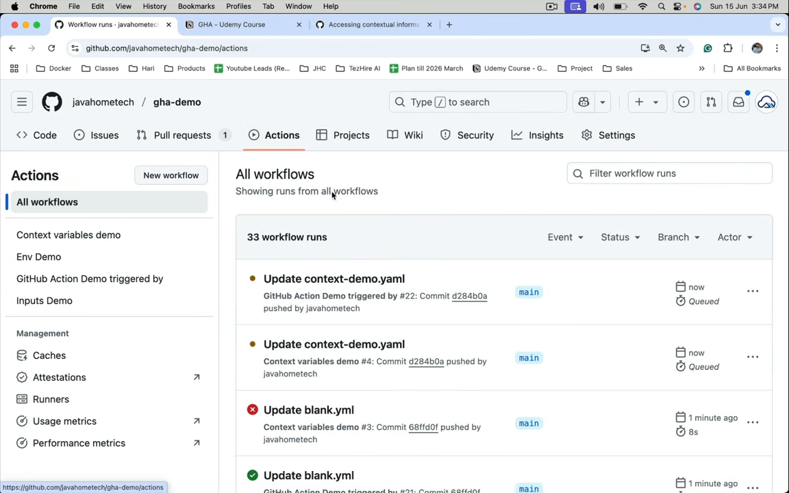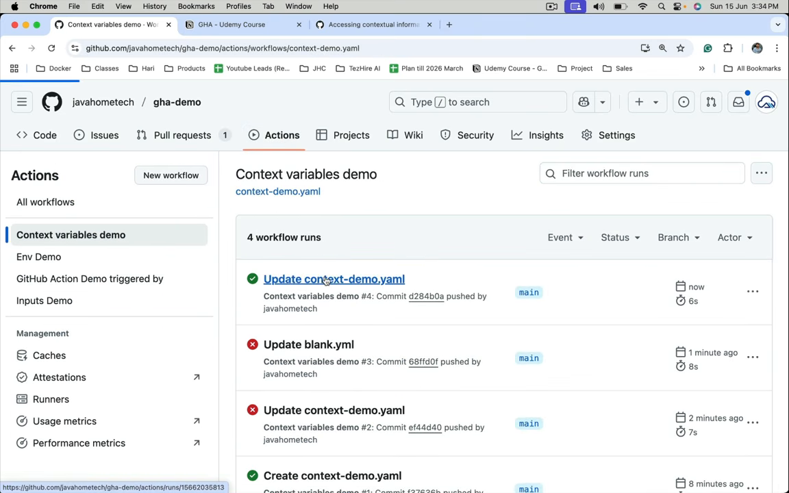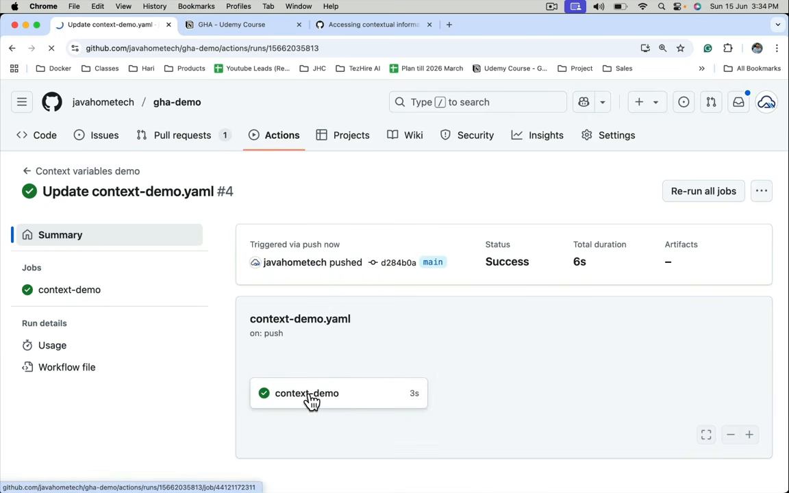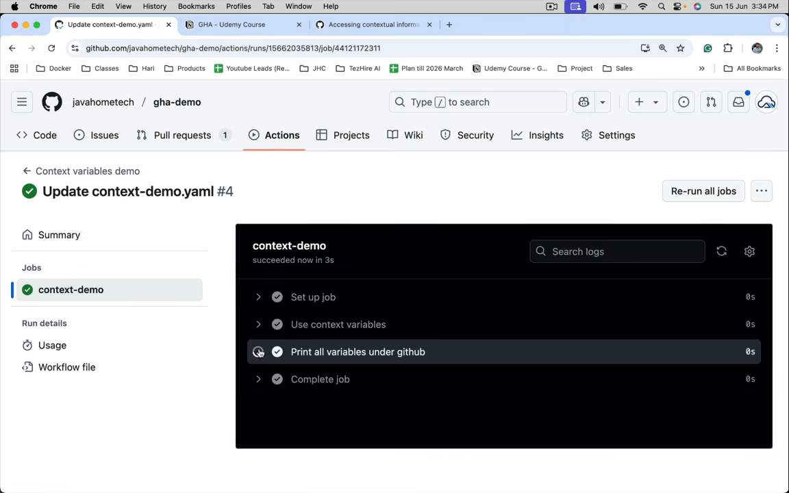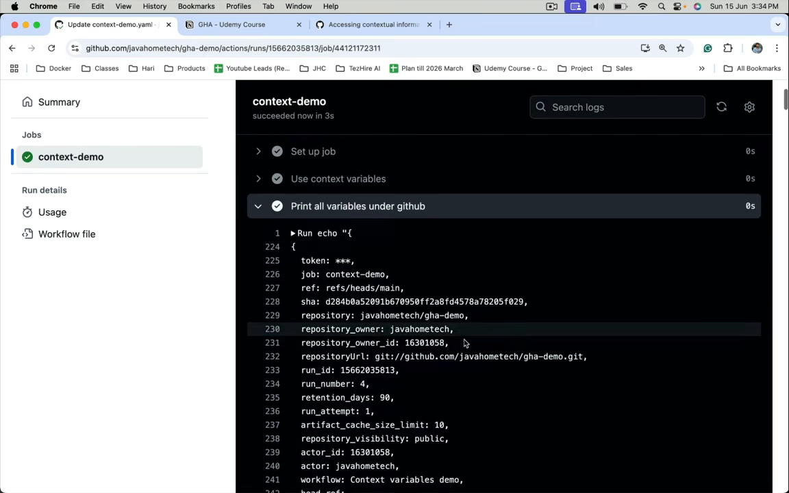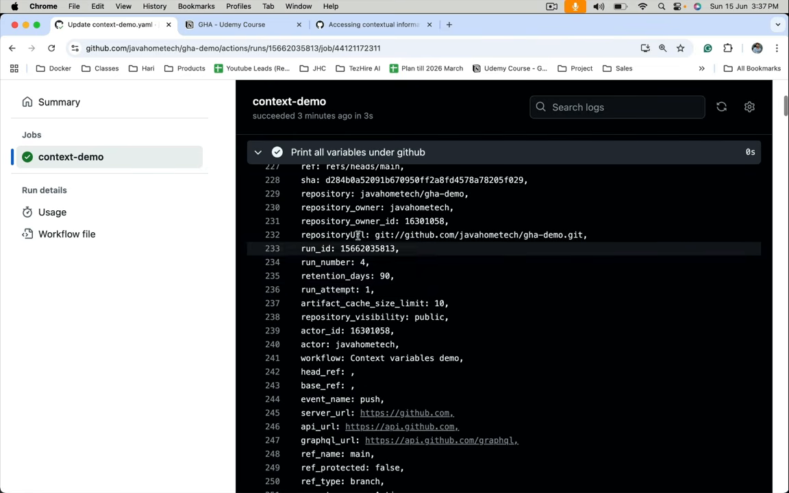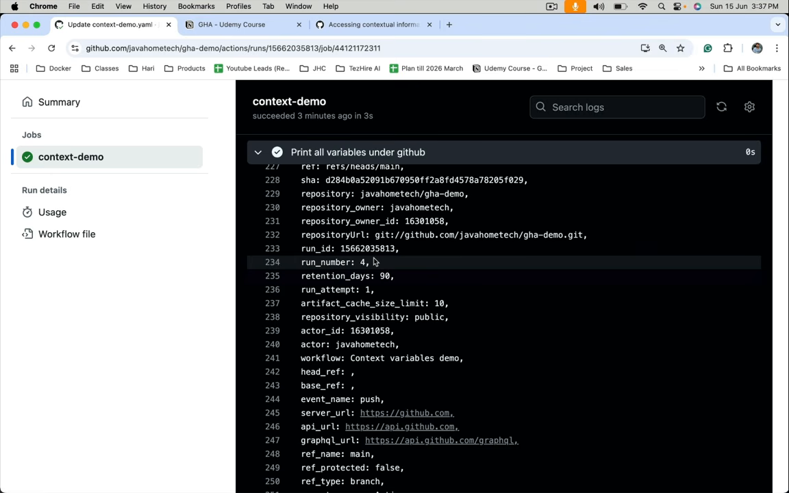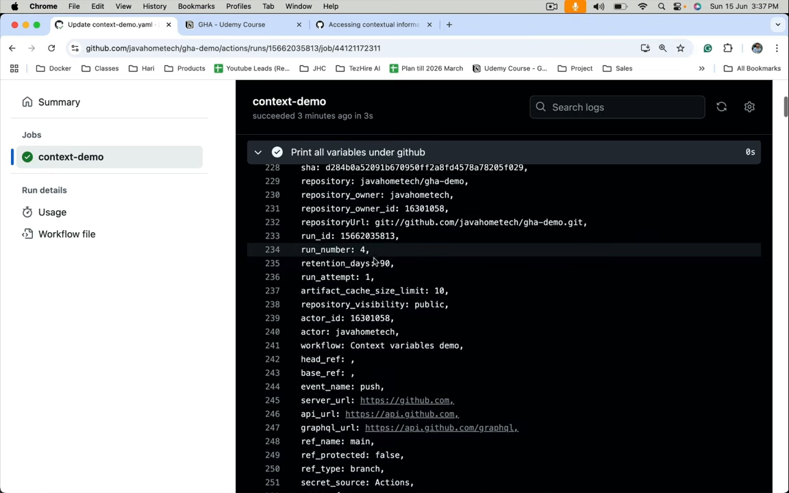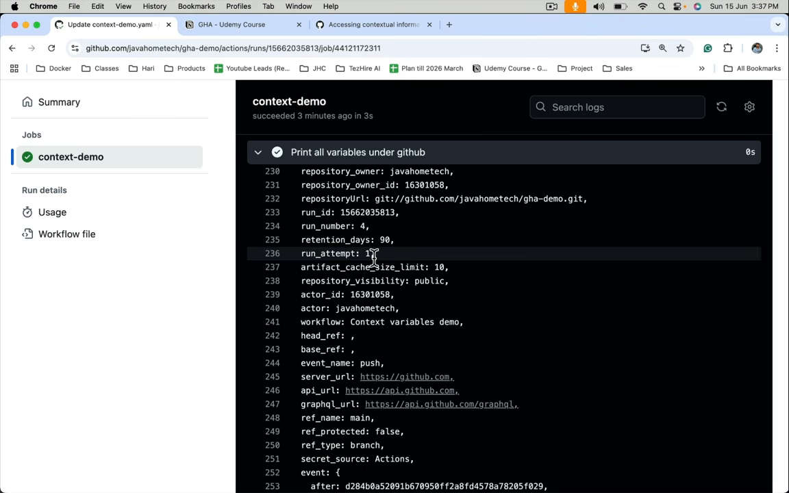Go to actions. This is the one we should refer to, context demo. And if you notice, it's printing entire information present inside GitHub context variable. So we can use this approach for getting information about GitHub context variable, right? Let's say I want to access the branch from where this workflow is triggered. I can use